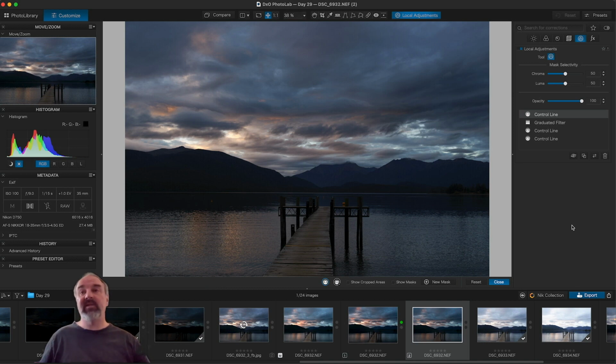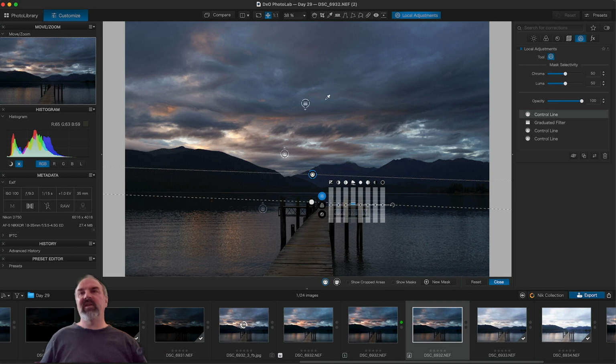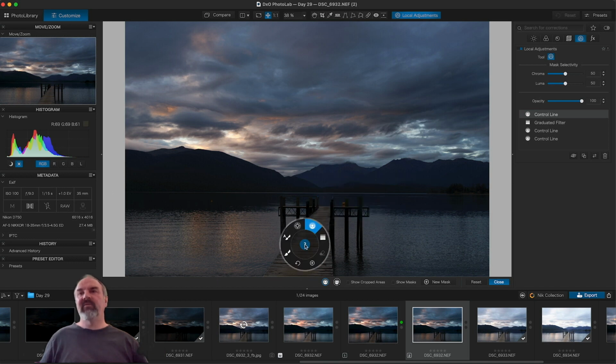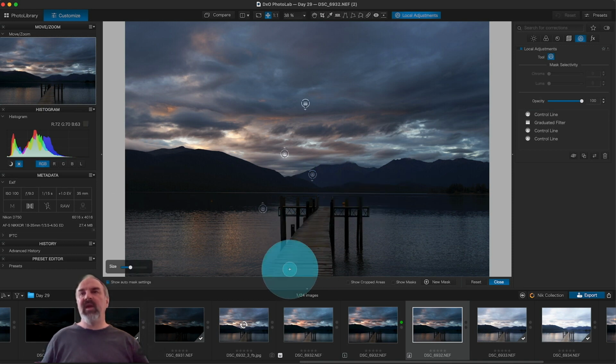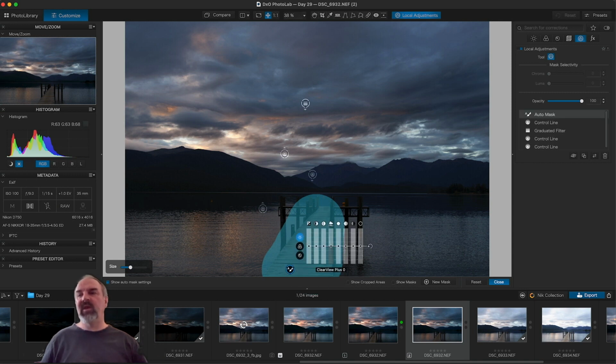I'm just going to check my list and see how I'm going here. So yeah, cool, awesome. So now another new tool. The next thing, obviously a big feature of this image is the wharf going out, and I just want to make sure that wharf stands out and looks nice. So I'm going to use the auto mask brush on this, and just as long as that center dot stays in the wharf, I should be all good. So I'm going to click that, and with the auto brush,